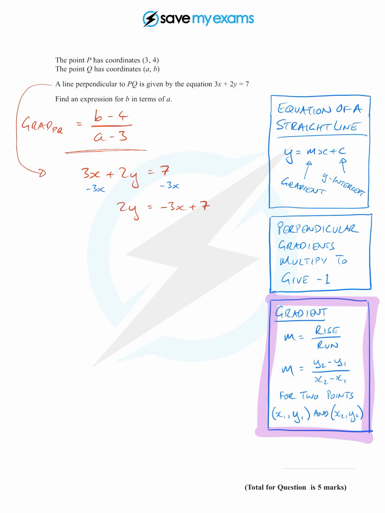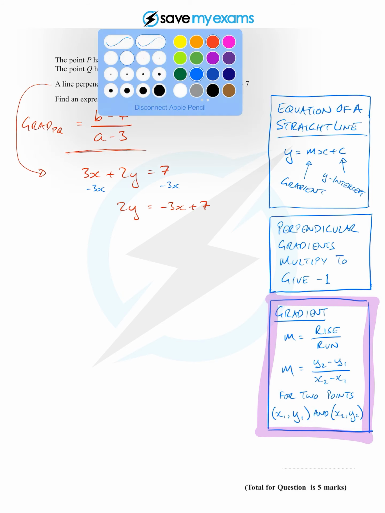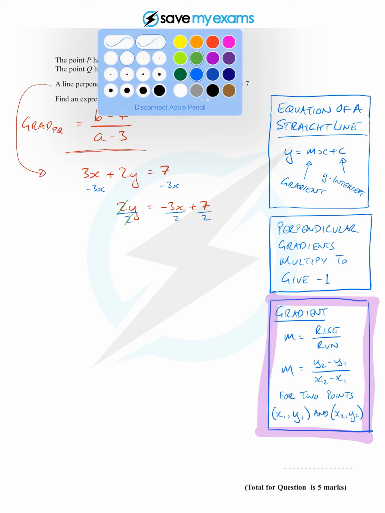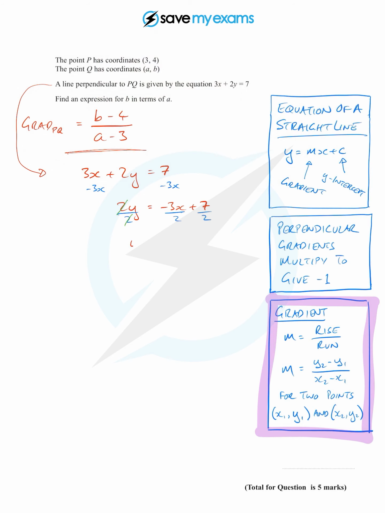Then I divide everything by 2. The 2s on the left cancel, and I get y equals minus 3 over 2 times x plus 7 over 2. Now I can see that the gradient of this line, the m, is